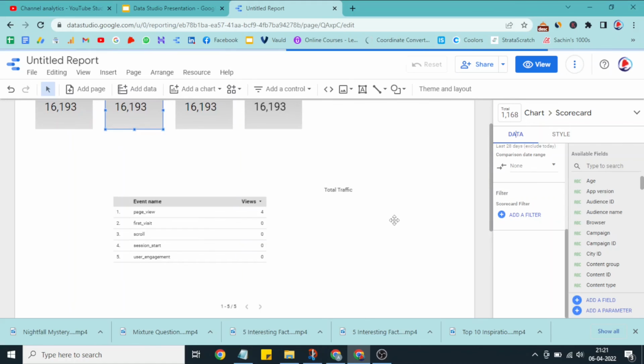Because Data Studio will enable us to create more engaging reports by combining, for example, Search Console report. If you are an SEO employee, Search Console report and analytics report in one place gives you a huge advantage to analyze your website traffic. For example, if you are a digital marketer running ads on so many platforms, for example, Facebook, Twitter, Pinterest, and LinkedIn. So if you want to analyze which advertising domain gives you the best results, so